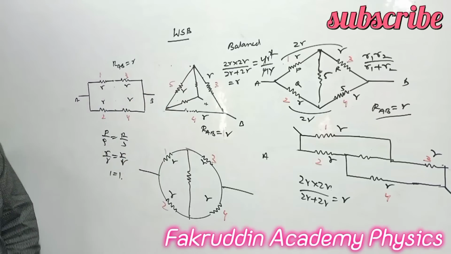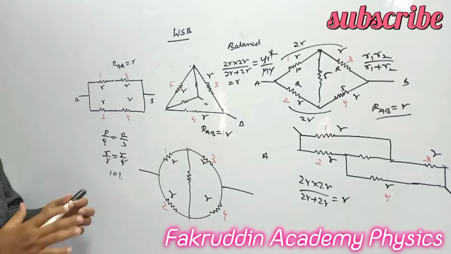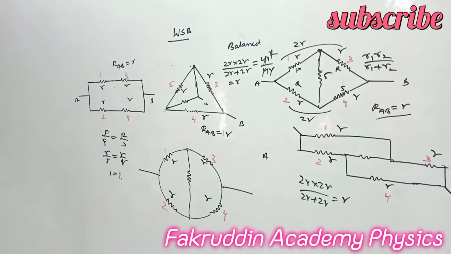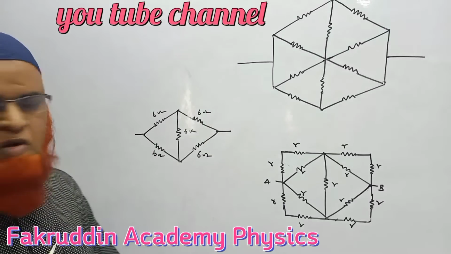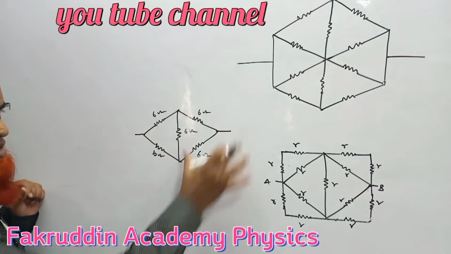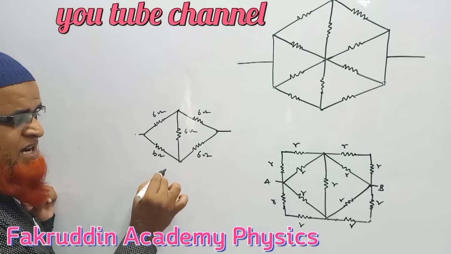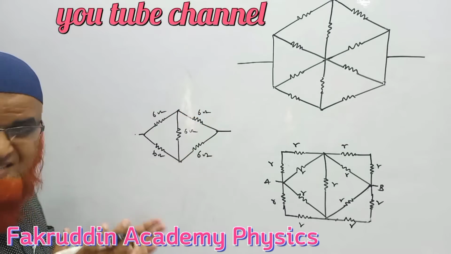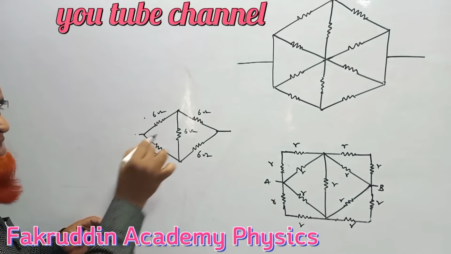So these are the different types of simple Wheatstone bridges. Now I'll tell what the complex Wheatstone bridges are next. Come on, observe, I'll tell you one shortcut for solving the Wheatstone bridges. This is a Wheatstone bridge in which all the resistors are the same, and this is the balanced Wheatstone bridge, in which this is P and Q, R and S.